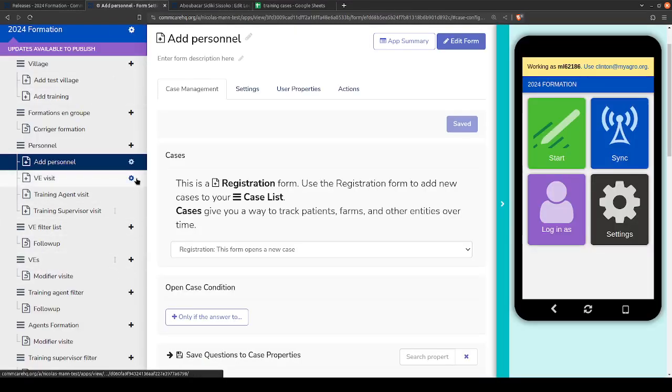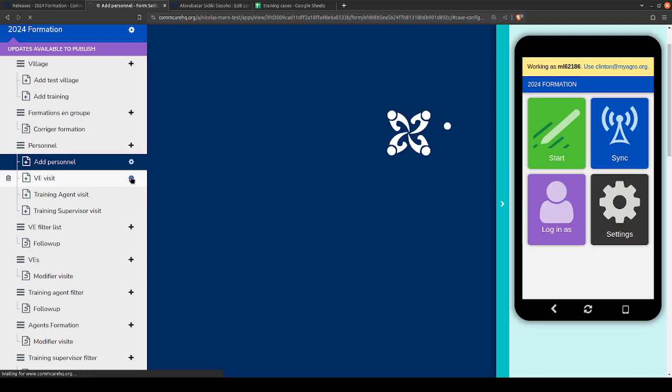We can see it right here. So what's going on here is when I open this form here,